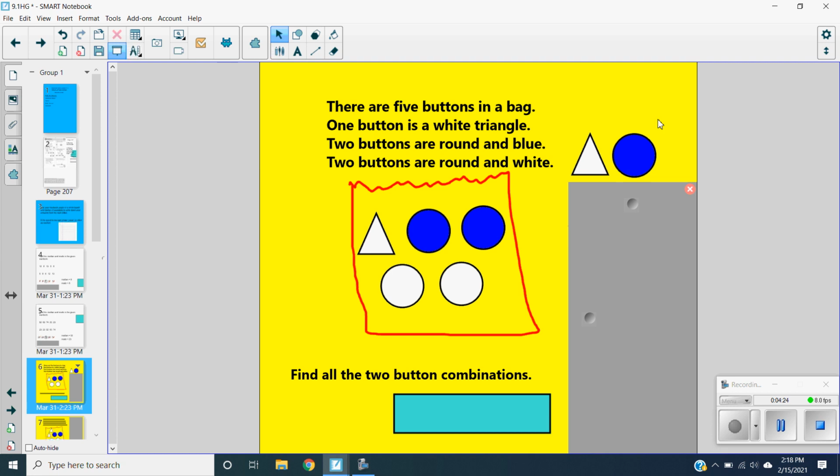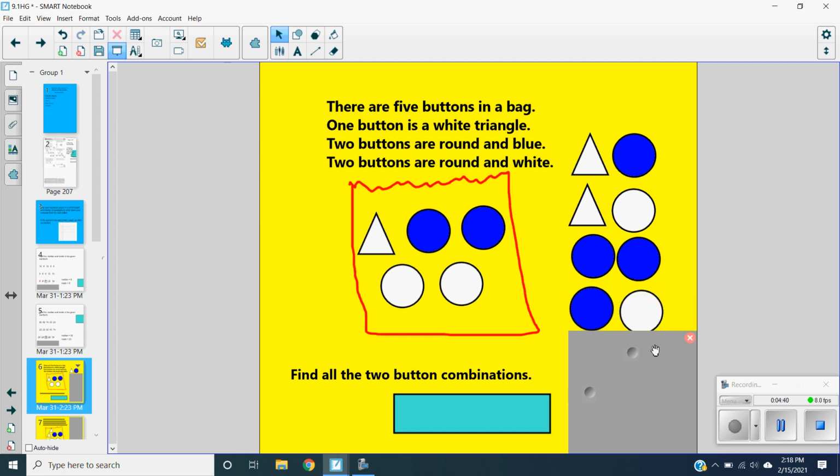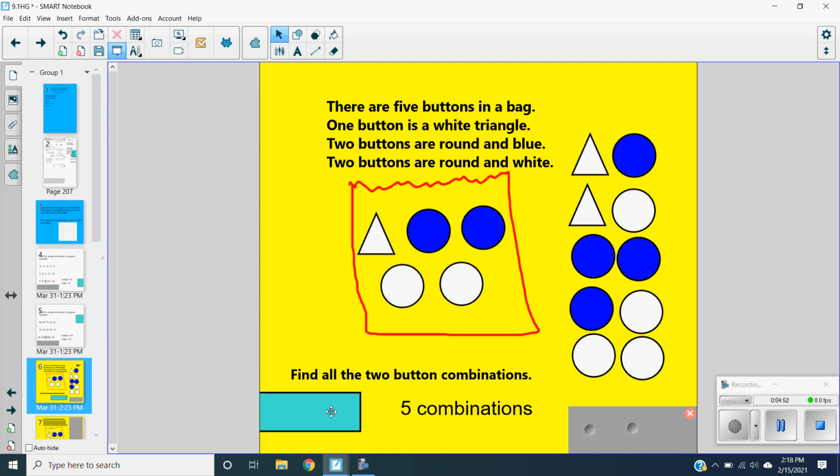Now can you press pause and find the other combinations and then press play when you're ready to check. All right, so another combination, I could have had a white triangle and a white circle. I could have had 2 blue circles. I could have had 1 blue and 1 white circle, and I could have had 2 white circles. Notice how I couldn't have had 2 white triangles because there was only 1 white triangle there. So there were 5 different combinations that I could have